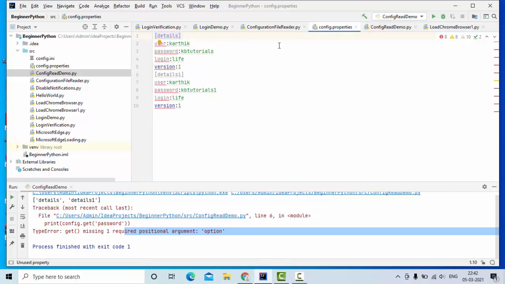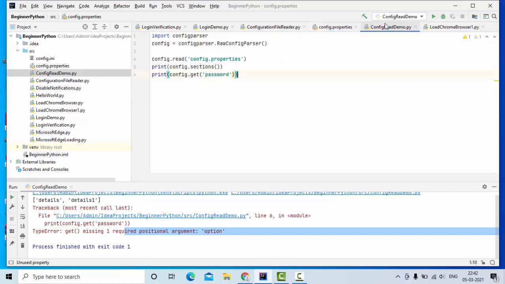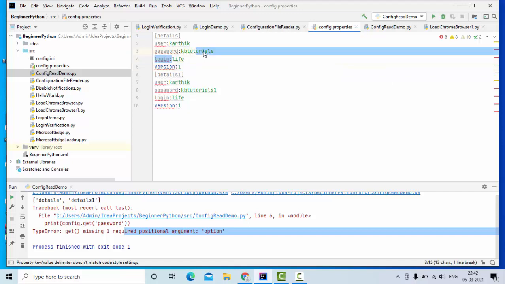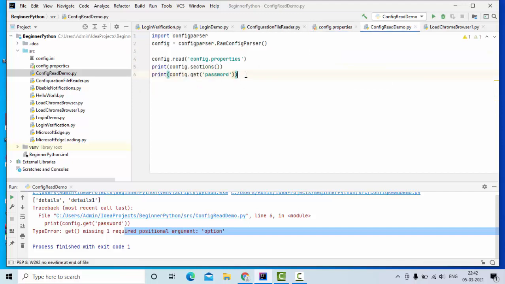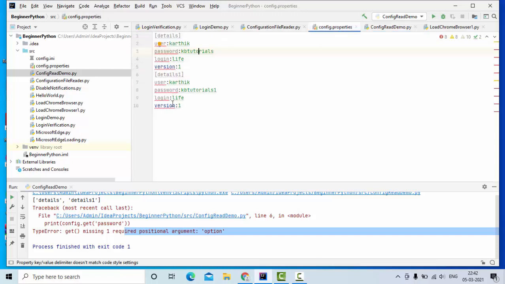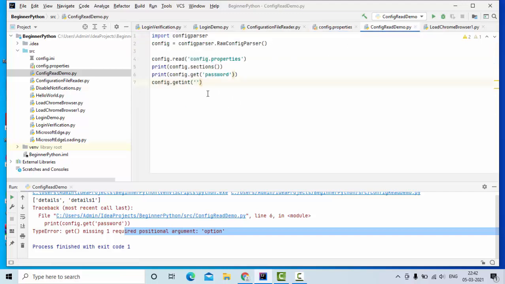Here we have used the get method. But depending on the field values, you can use a couple of other methods as well, something like config dot getint, because I know that this version field has 1, which is integer type, so I can simply use that.